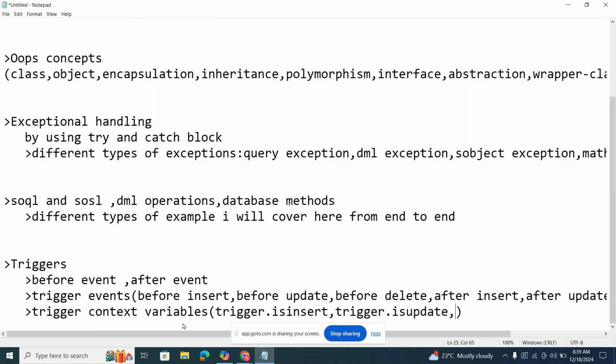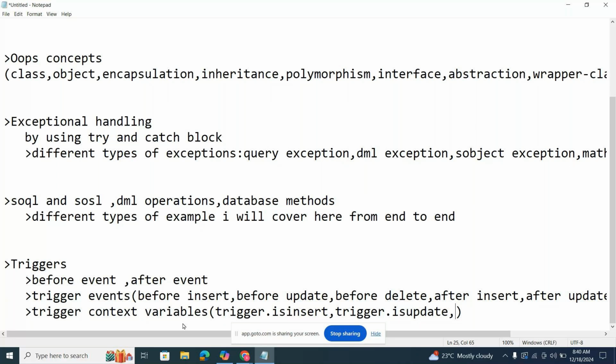Anyone remember the record triggered flow which I discussed in my previous classes? Yes, Venkat. What is the use of record triggered flow? It is used to perform a particular action. Record triggered flow is just used to perform some backend operations on the account object, whatever it may be. It runs in the backend as per the requirement.